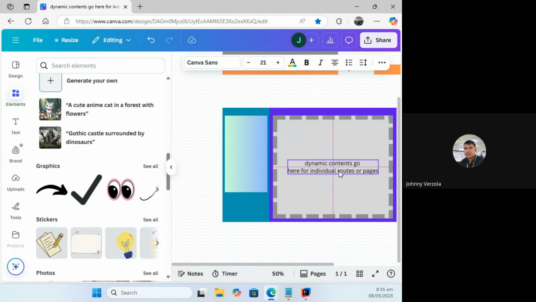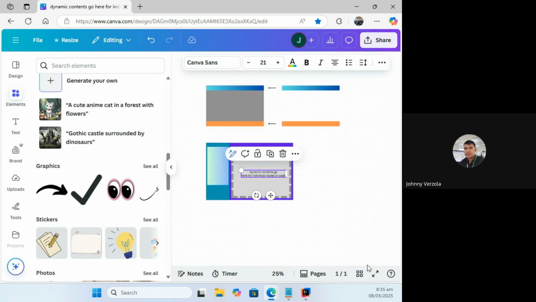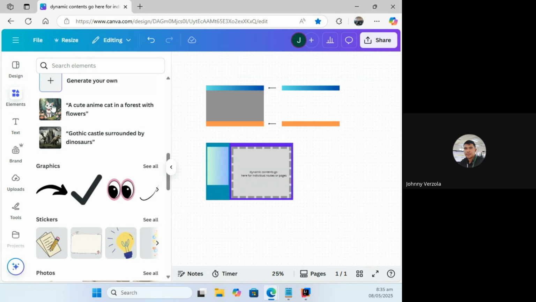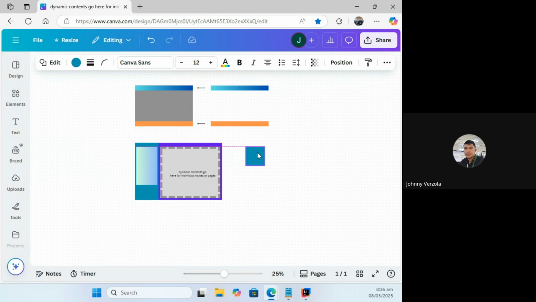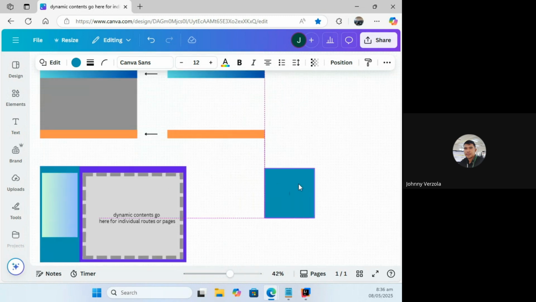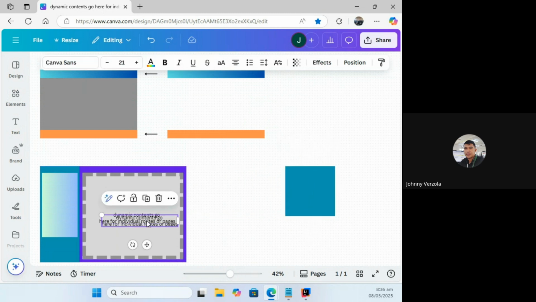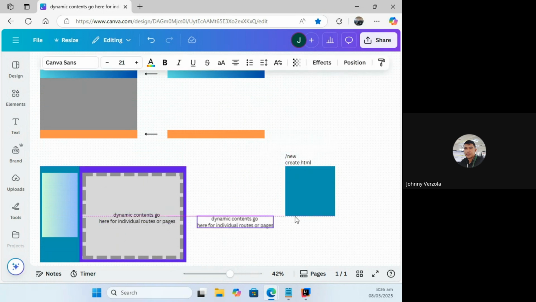Okay. Can you spot the difference? So that when I go, say for example, with the page of the route. Gawa nga tayo ng route. Yan. For example, this is the route new, which is our pangalan nito, our create form. Now, that new will render an HTML called create.html that only contain form. This only contains form.